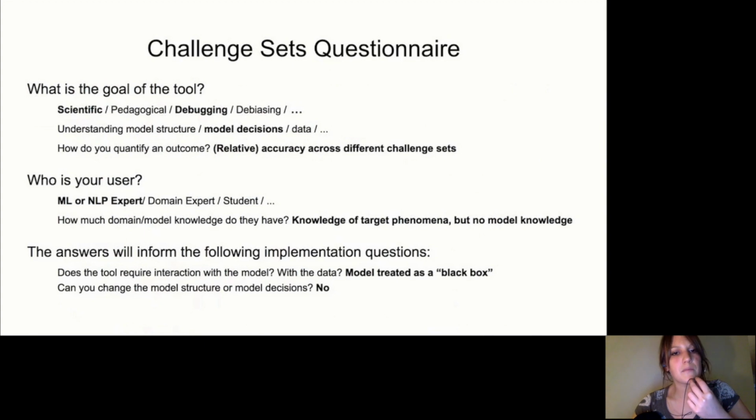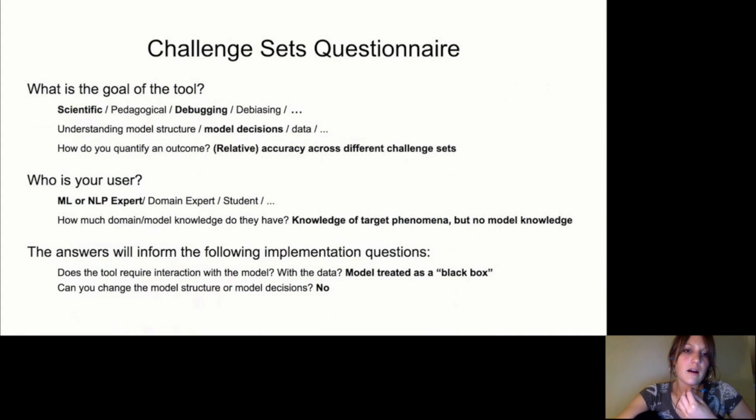I think the reason that people develop these challenge sets tends to be primarily scientific and/or debugging of models. So it's really about answering the question, does my model fail in systematic ways? And if so, what are those ways? And usually we're coming at it with a specific hypothesis about a way we think the model is failing. So either I think my model is failing on negation or quantification or syntactic structure or polysemous words